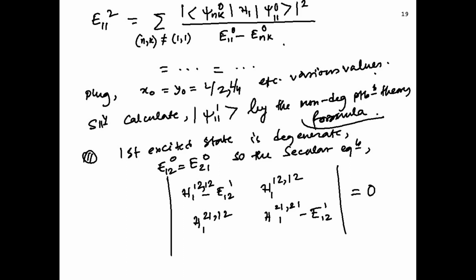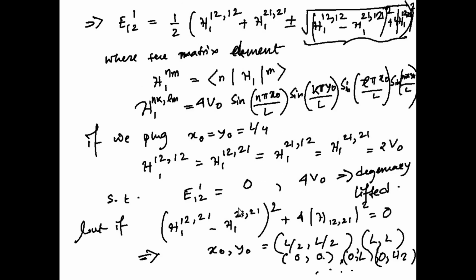Now, let us say we want to calculate the corrections in the first excited state. This is a degenerate state, so we have to use the formalism of degenerate perturbation theory. We know what to do, because to calculate the correction we have to solve the secular equation, which is in equation 25 of the note, or look it up in the briefing. So, this is the secular equation, and we solve the determinant to find the first correction E1 to 1. This is the solution you will get.